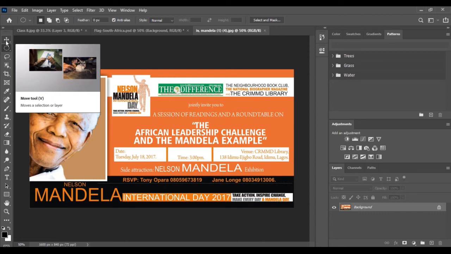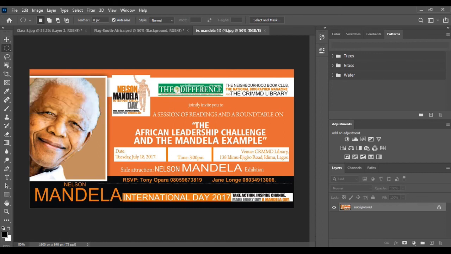The quick selection and magic wand tool helps you to select a similar colored area of your image. First of all, open an existing image as explained earlier. Then click on the quick selection magic wand tool. Select the magic wand tool and click on any colored portion of the image which you want to select. So it will select the entire area of the same color from that picture.